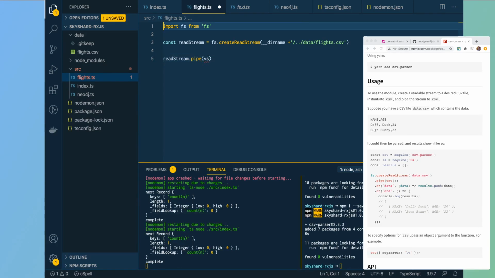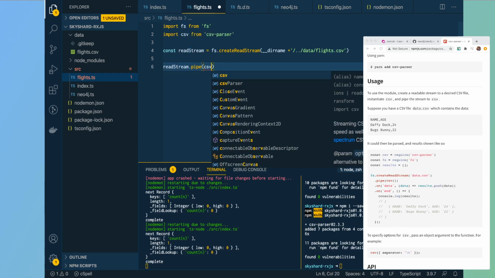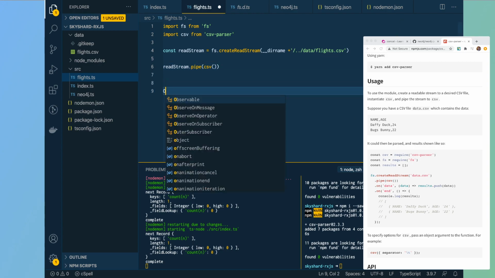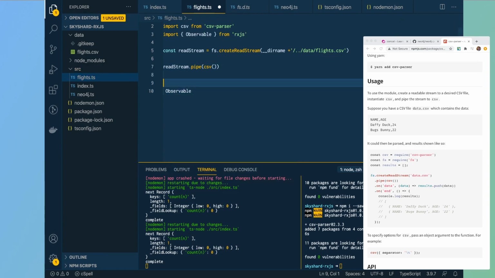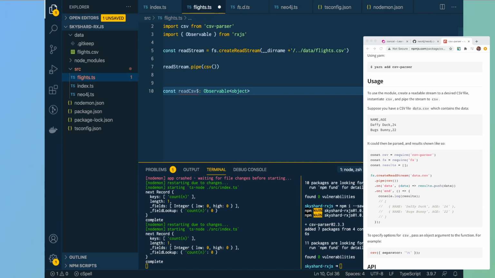So we can import csv from csv-parser. That's just a function, so we can call that csv, and that will give us a value. So basically, we want to create an observable now. Let's call this readCSV, and that will be an observable of objects. And then we say that is fromEvent,